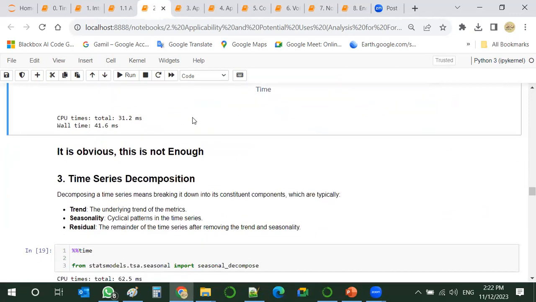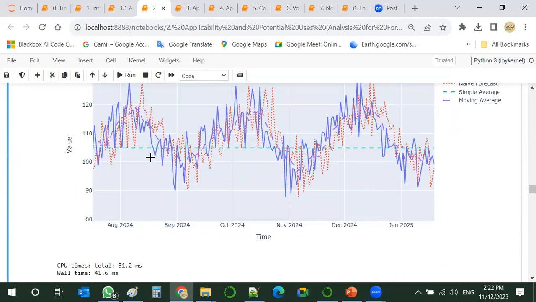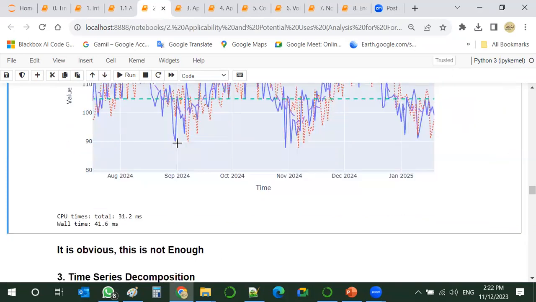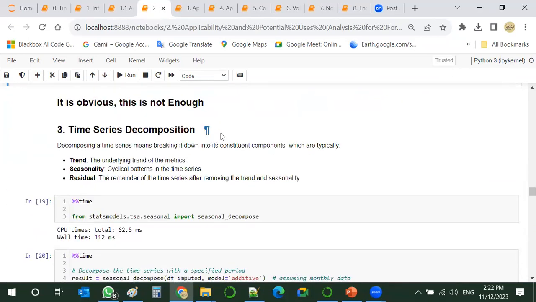So it's now obvious that these methods are not really enough, because we have complexity in the time series itself. It shows patterns, seasonality, trend, noise, and so on.